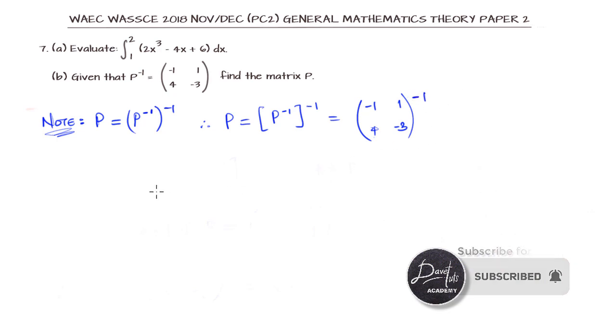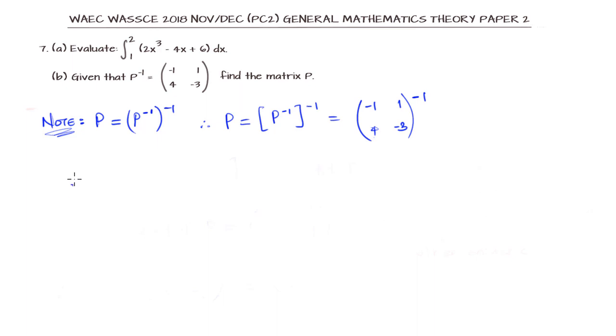So with this, we say the inverse of the matrix. Now our P will be 1 over the determinant of P inverse multiplied by the adjoint of P inverse. So our question now is to determine the determinant of P inverse and the adjoint of P inverse. Now to get the determinant of P inverse,